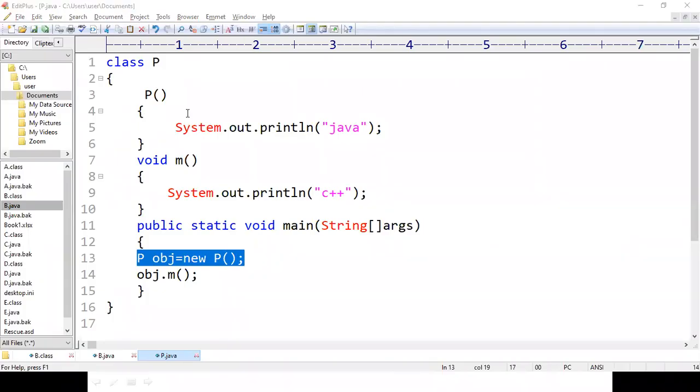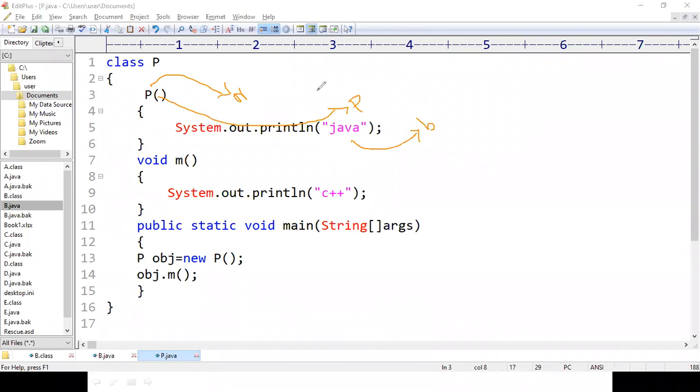See here, if we observe P, the 3 parts of P are: this one is the name, these are the parameters, and this is the body of the constructor. If you observe these parameters, there are 0 parameters. So we can say this P is a default constructor.